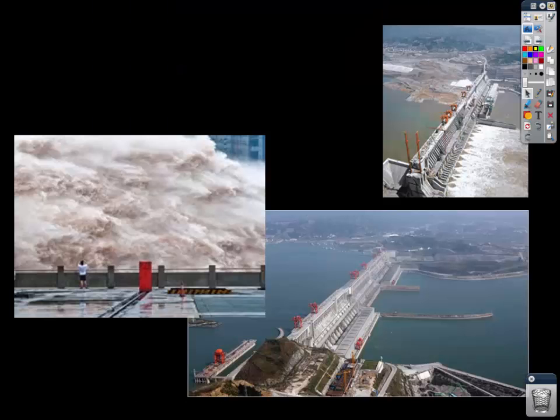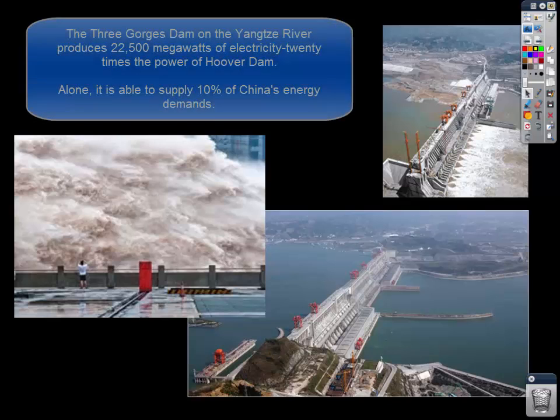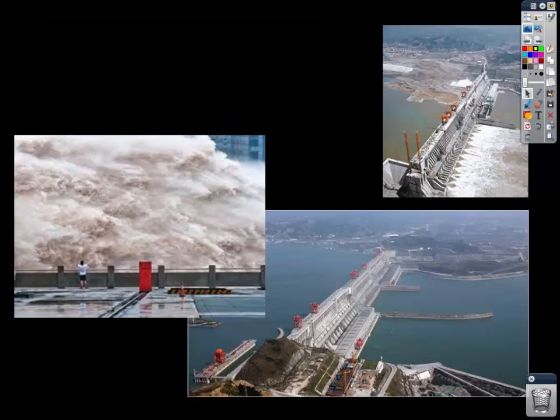All right, here's another dam. This one happens to be the largest dam in the world. This is the Three Gorges Dam in China. It's the largest hydroelectric power plant on the planet. Just a tremendous, massive amount of water. It's the largest concrete structure in the world, and it's